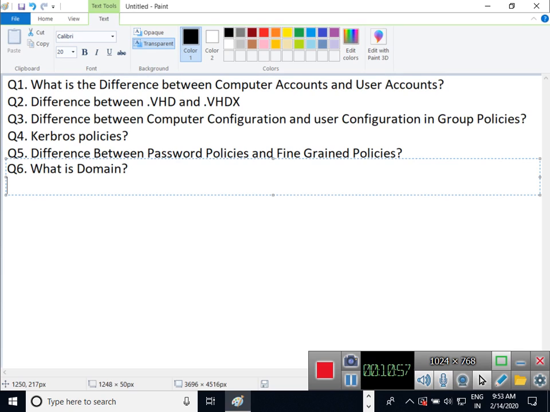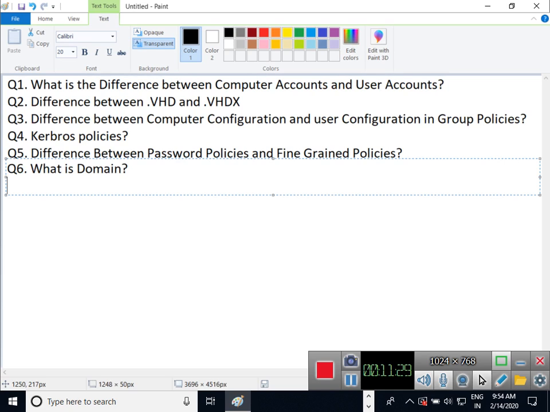It's a kind of network, a form of network. Anything else? It helps us to have a structure. Okay. Like a domain is what? If I want centralized management, if I want AD services, if I want group policies, if I want everything, in that case we can use a domain. So if I want a domain network, if I want AD services,